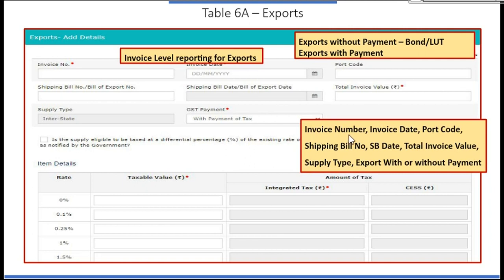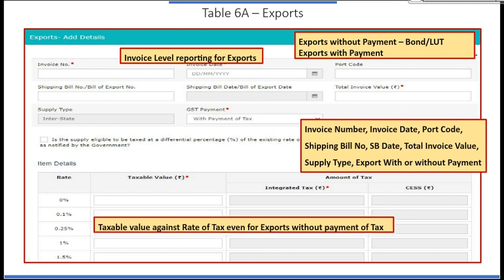The requirement is invoice number, invoice date, port code, shipping bill number, shipping bill date, total invoice value, supply type. Supply type will always be interstate, never intrastate. Next is export with payment or without payment. Then against the taxable value, I will put my taxable value against the rate of tax.